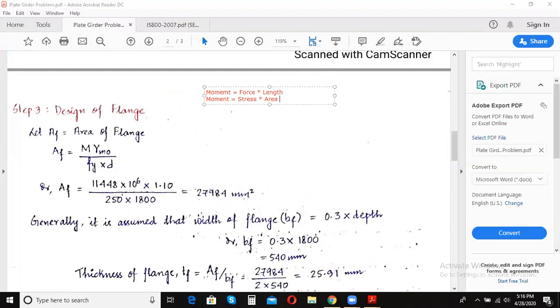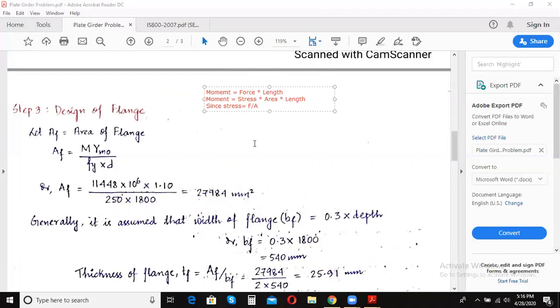So moment is equal to force into length, or we can simplify it into moment is equal to stress into area into length, where stress is equal to force per unit area.